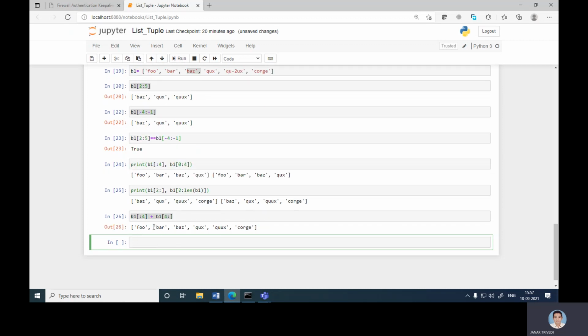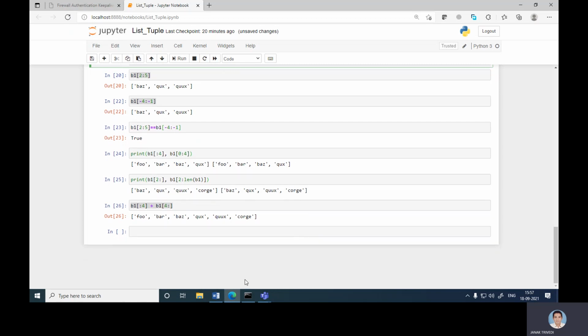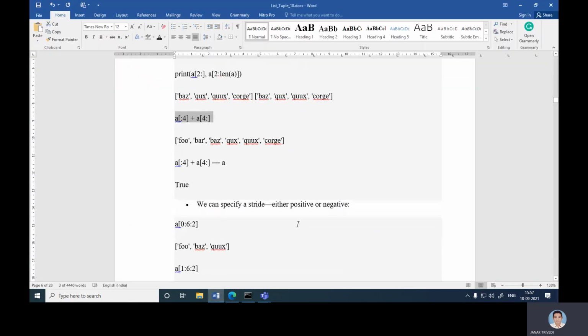The first part starts from 0, 1, 2, 3; the fourth is not included. And then plus fourth to the end, so 0, 1, 2, 3, and the fourth, quacks, and chords are included. Fine.